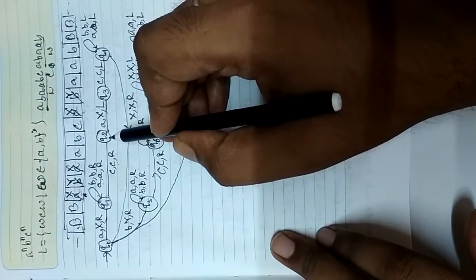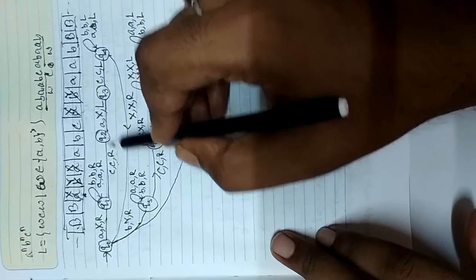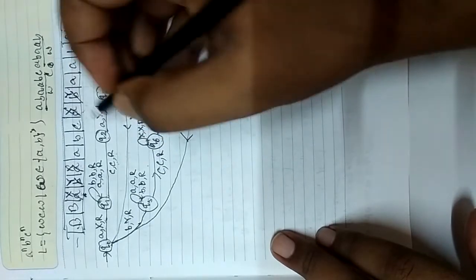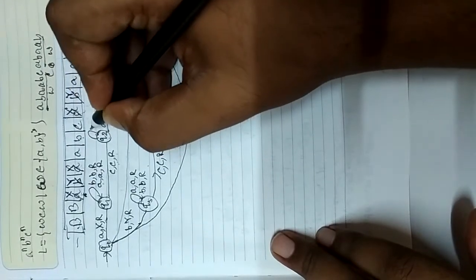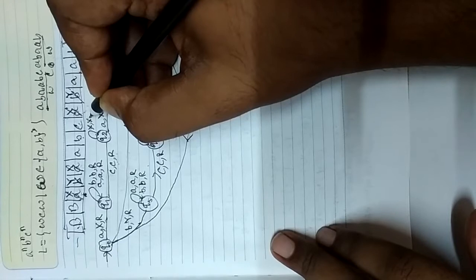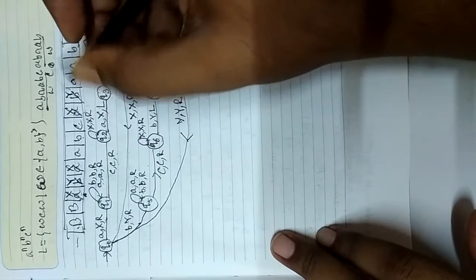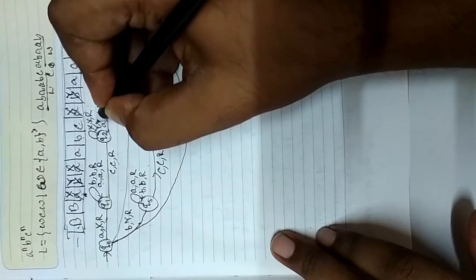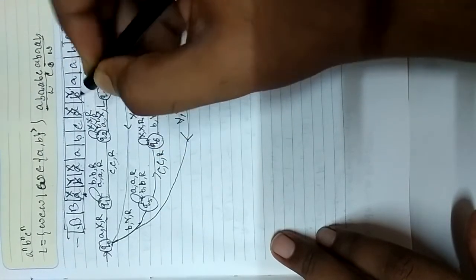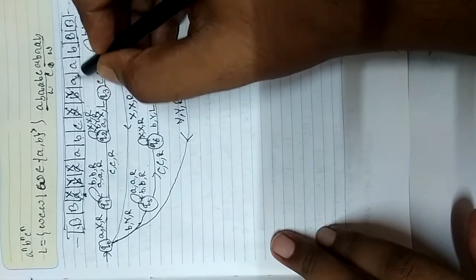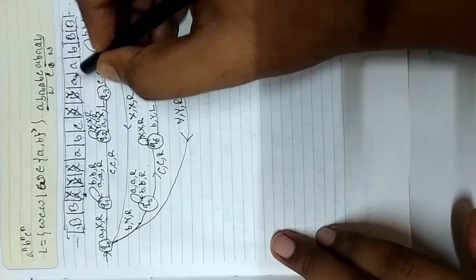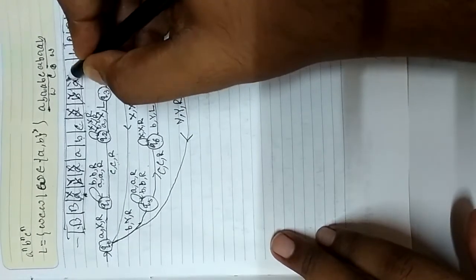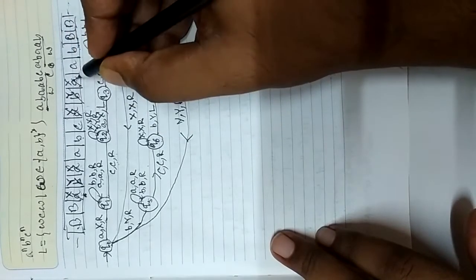Then what will happen? Now see here, after C, it encounters some X. So it will just replace this X by X and move towards the right. Next it will again encounter some Y. So it will read Y, replace Y by Y, move towards the right. Next it again encounters A. It will replace A by X and move towards the left.